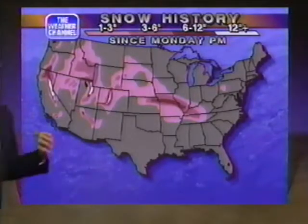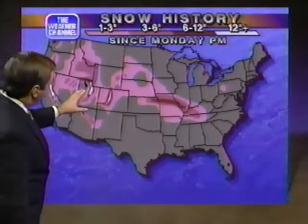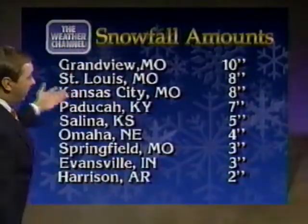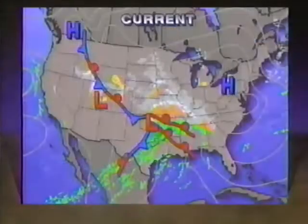And this storm has also produced snow. It began early in the week across the Sierra, the Wasatch, and the Colorado Rockies with better than a foot of snow, and now it's dumping on Kansas and Missouri into Illinois, where we've seen a nice swath here of 6 to 12 inches of snow so far, and it's still coming down to beat the band. Grandview, Missouri, 10 inches. St. Louis and Kansas City both so far have 8 inches of snow, 7 in Paducah, Kentucky,